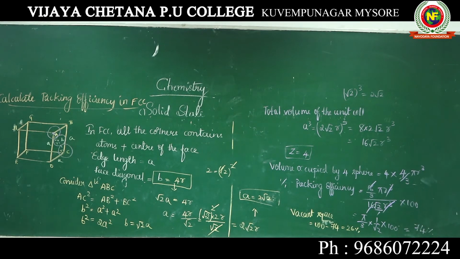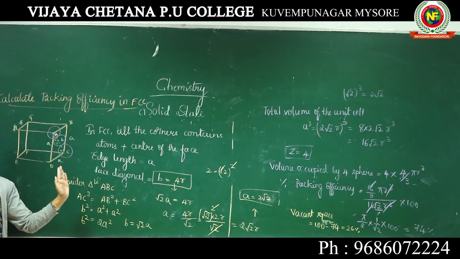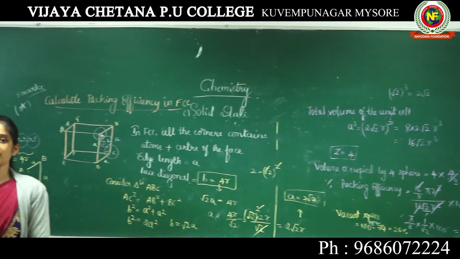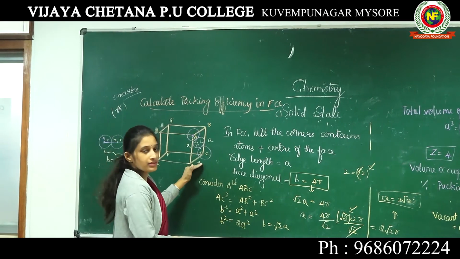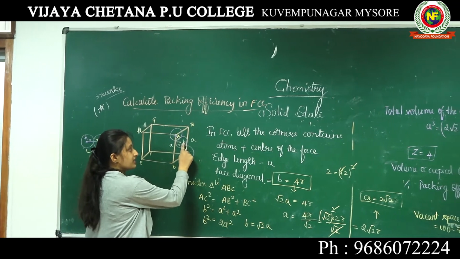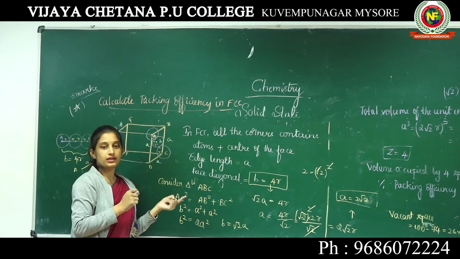See, once again I am going to recap this. First you should draw one cube and consider these two. Not only these two, you can consider these two also. But for convenience, in order to understand easily, I use the textbook representation. All three atoms should touch, along the face diagonal. So the diagram is like this. The face diagonal I will represent as B. All the remaining edge lengths are A.